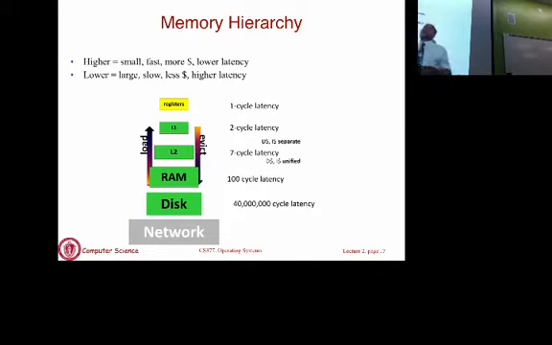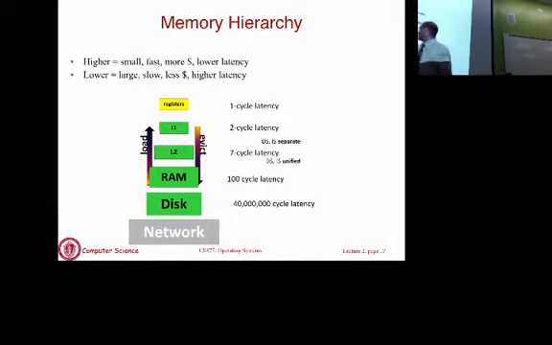So let's say registers you can access in one clock cycle, that's 1 cycle latency. Typically L1 caches in this example is 2 cycles, half as fast as the registers. L2 cache 7 cycles. RAM is 100 cycles. So you'll see that accessing something in RAM is 100 times slower in this example than accessing something in registers. So you keep the most frequently accessed variables in registers so you can get access to them quickly, and other things have to be in RAM. If you have to go to RAM, you are going to slow down execution some.